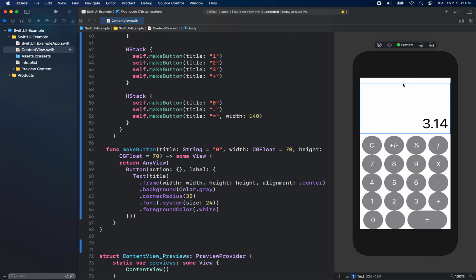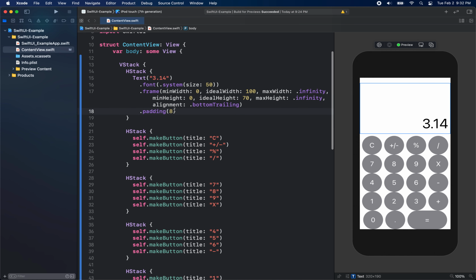And then the other thing is to set the background color for the whole thing. And that's a little tricky. So I'm going to do that for sure in a video to show you how to do that. Essentially, the idea here is that we'll wrap this V stack in a Z stack, and then we'll set the background color on the Z stack, okay? So give that a try on your own, and then we'll continue and try and wrap this up in maybe one